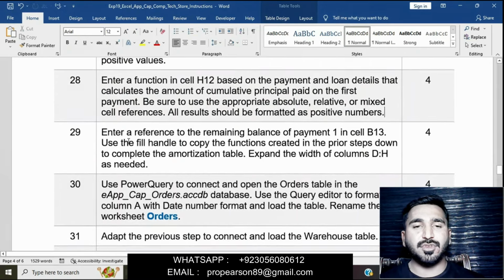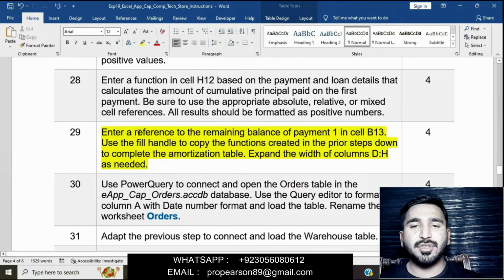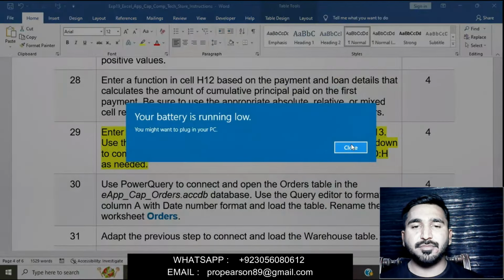Okay, now moving on, question number 9. Enter a reference to the remaining balance of payment 1 in cell B13. Use the fill handle to copy the function created